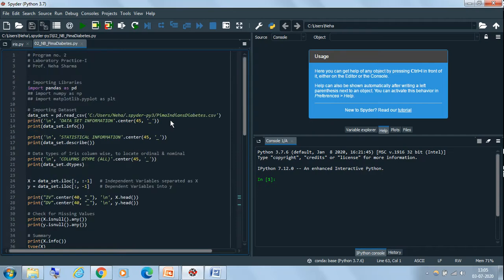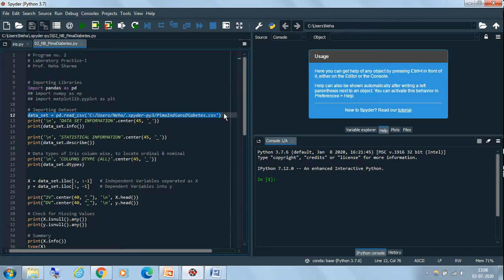So this is our assignment. The very first thing, we will be using pandas, so we import pandas as pd. Then we have to work on the PIMA Indians diabetes data set, so using pd.read_csv I am loading the data set into data_set.